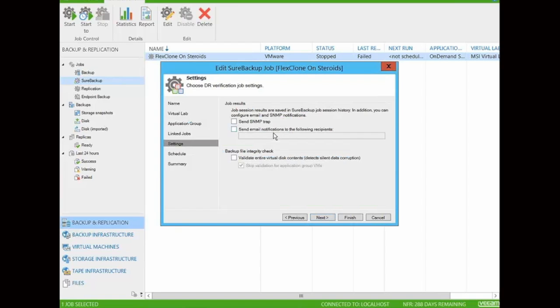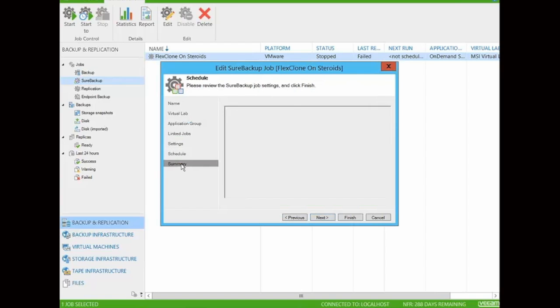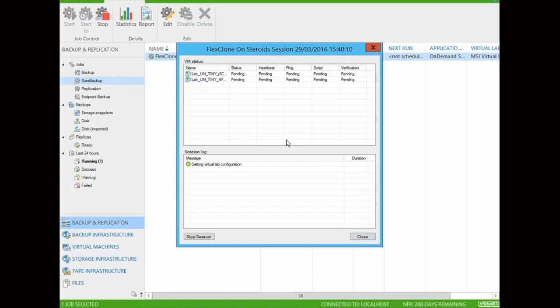For job results, obviously notification wise, you can send an email. If this was a SureBackup verification job, then you might also want a backup file integrity check. We can then run a schedule. For this instance, it is purely a test and on production storage that I want to be running. And I tick that final box. This is then going to start, and it's probably going to take some time, even because it's on my lab environment. But just bear in mind that I've always had virtual lab from a Veeam perspective, so being able to spin up